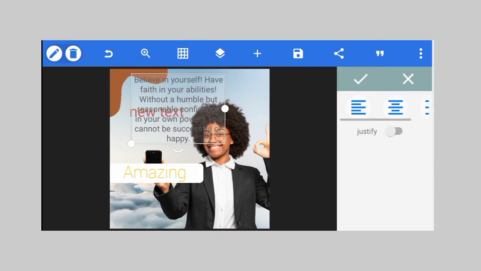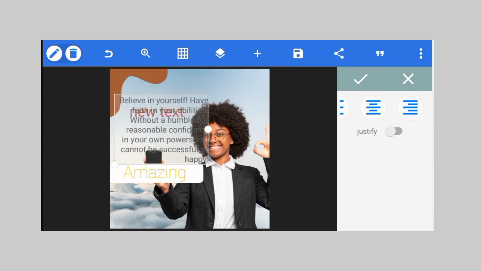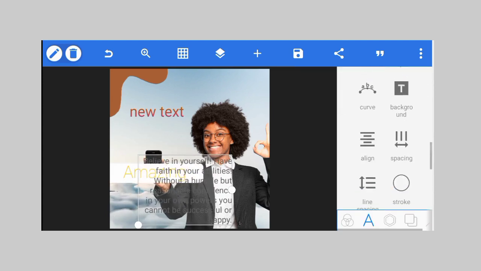And clicking on this one, you can see how everything aligned to the left, how it's aligned centrally, and how it's aligned to the right. Okay, so that's what this is for. Okay, now for spacing